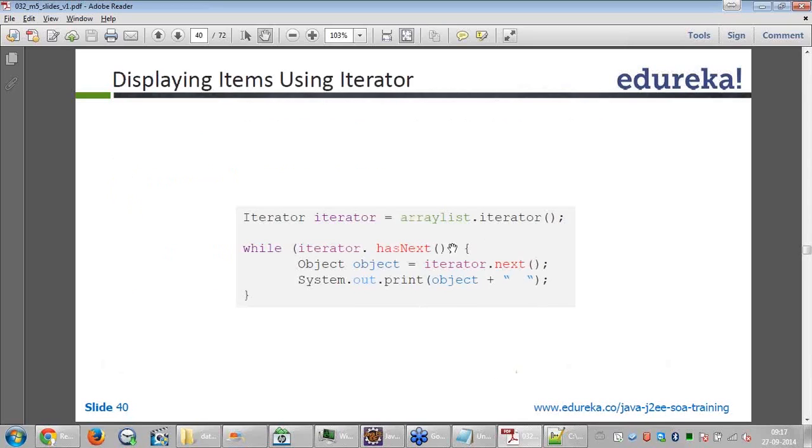So okay, look here, ArrayList dot iterator. It gives an Iterator object. iterator.hasNext in a while loop means you're checking whether there is a next element or not. hasNext will return a Boolean value, true or false. If the next record is there, then it says true. If the next record is not there, then it returns